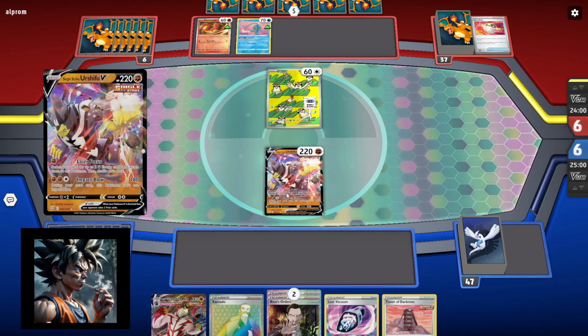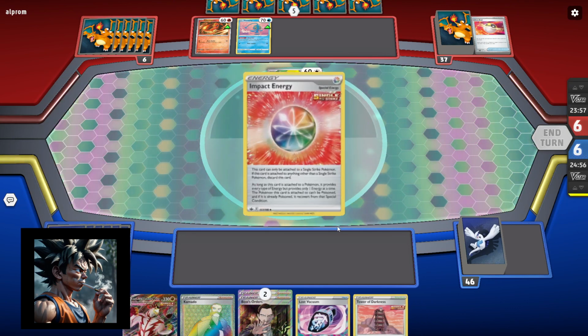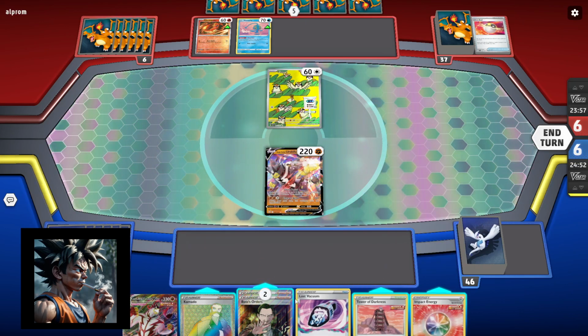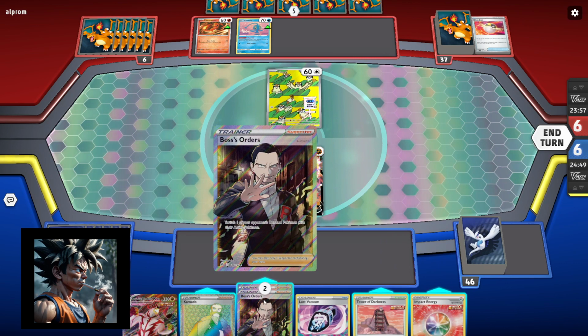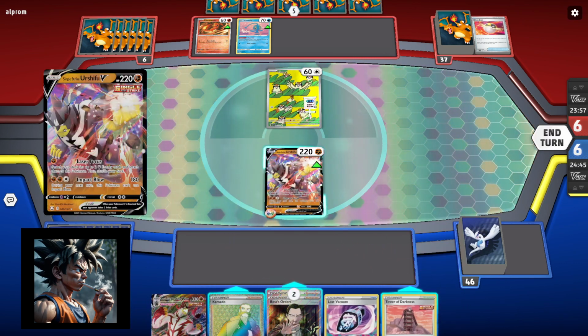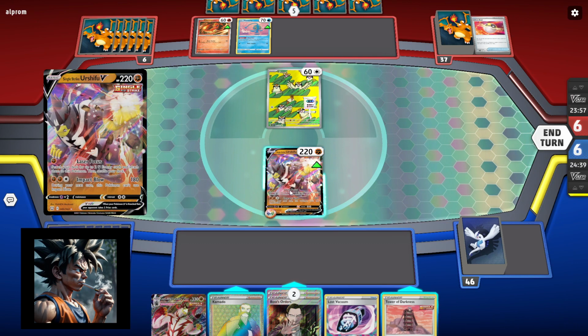Probably protect his bench. We don't really have any bench pinging, but Single Strike is a deck that can do some bench pinging, so I don't blame him. So we get Impact Energy, and honestly, this is super rough for our hand to have. We don't have any fighting energy specifically. Now, it doesn't say basic, but